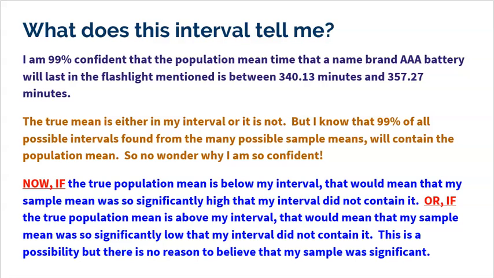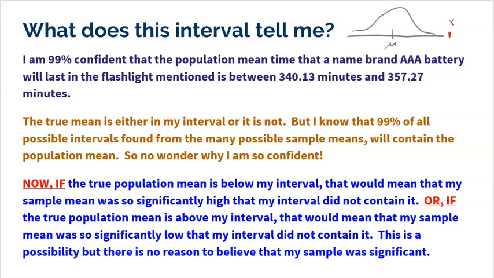Now, let's play devil's advocate for just a second. If the true population mean is below my interval, that would mean that my sample was so significantly high that my interval did not catch it. This is actually best seen with the picture. So if I think about my sampling distribution, right smack dab in the middle is the mean that I don't know. If the true mean is below my interval, if it is, the only way that could happen is if